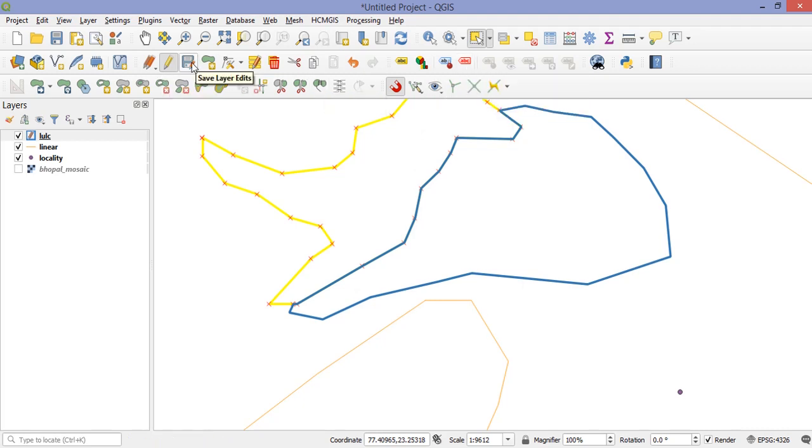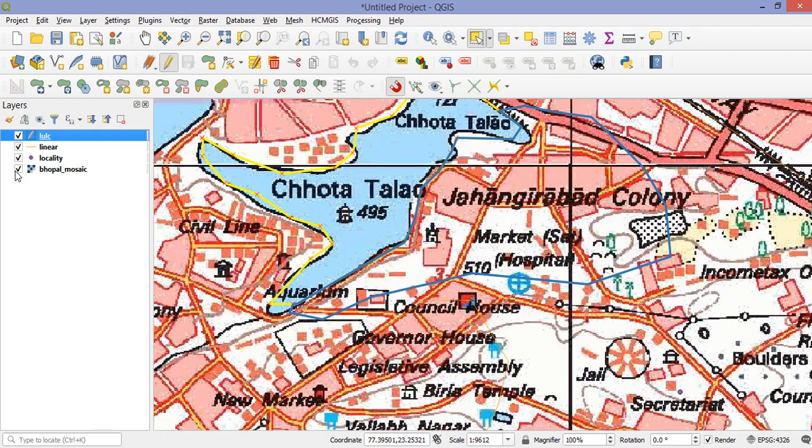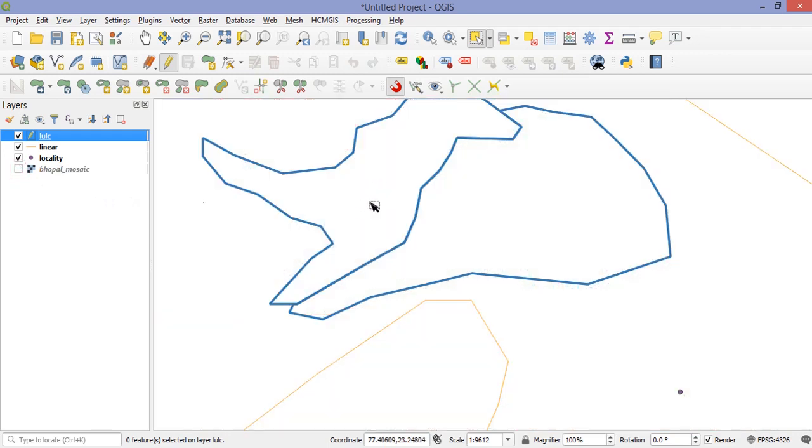Now there are several other features in this advanced digitizing toolbar which can be used while editing and creation of a polygon. For example, if there is a small island, I will unselect first of all. Suppose there is a small island in this lake which should not be contained in the water body, meaning this small polygon should be extracted out. So how will I do that?